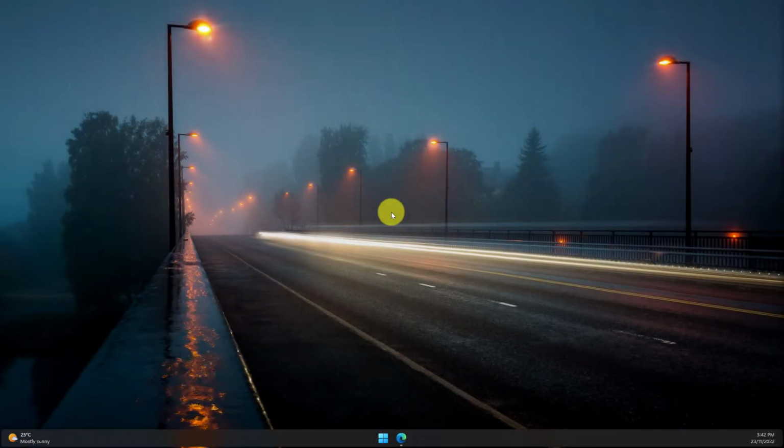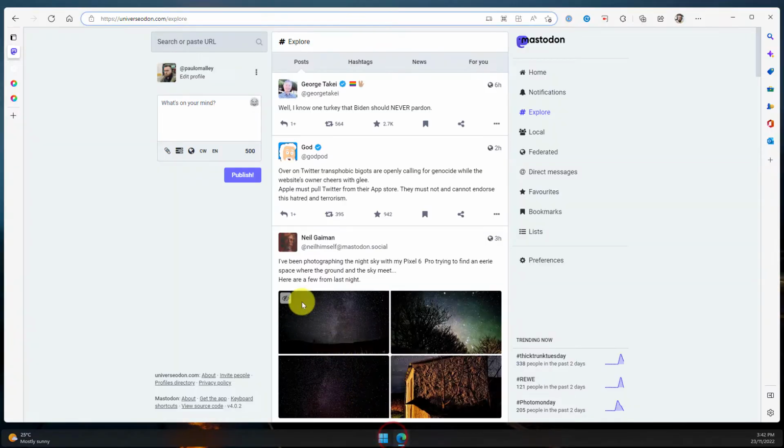As we're all beginning to utilize Mastodon as a form of Twitter replacement, I thought it would be worth having a look to see if there's a way to potentially use it as an Instagram replacement as well. And the great news is, it is.